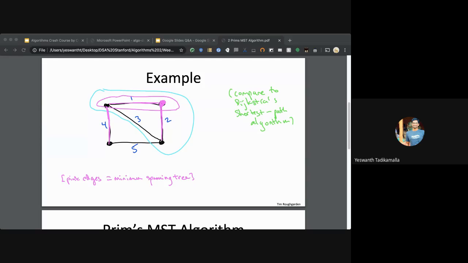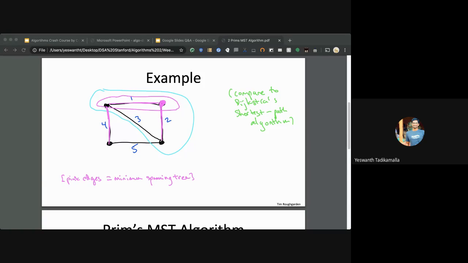And the approach we take, the Prim's algorithm, is a greedy algorithm. We choose the smallest edge that is there, edge 1, and we imagine that the nodes at the two ends of edge 1 are clubbed into one single node, and now the algorithm repeats.